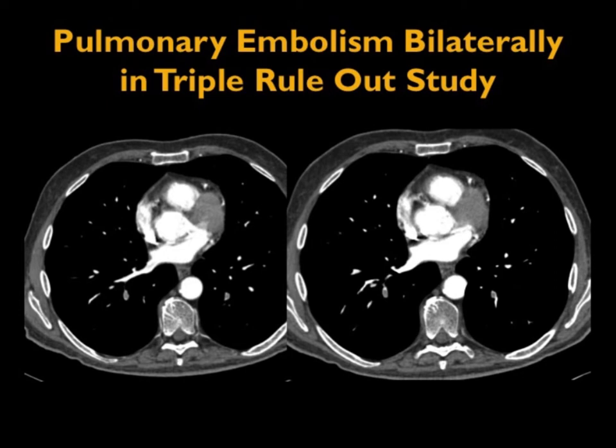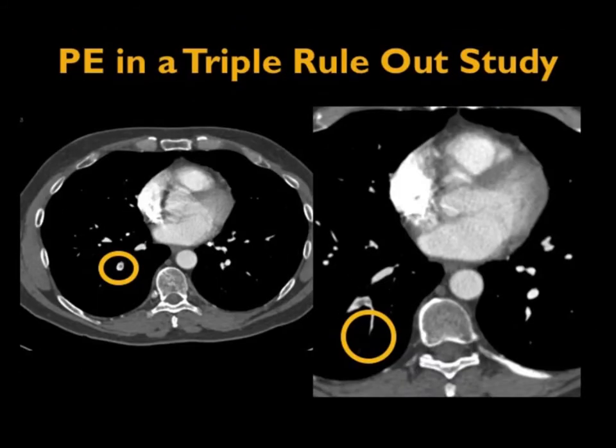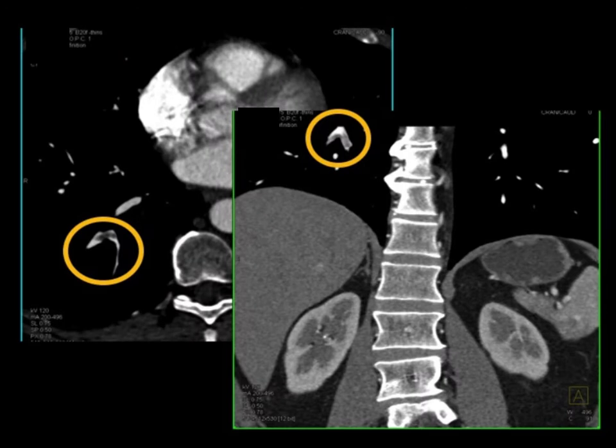At the same time, there's good opacification of the pulmonary arteries, and you can see pulmonary emboli in both the right and left lower lung zone. Another example, triple rule out, pulmonary emboli in the lower lung region. So one of the things I look carefully at is making sure we have the best study that can answer